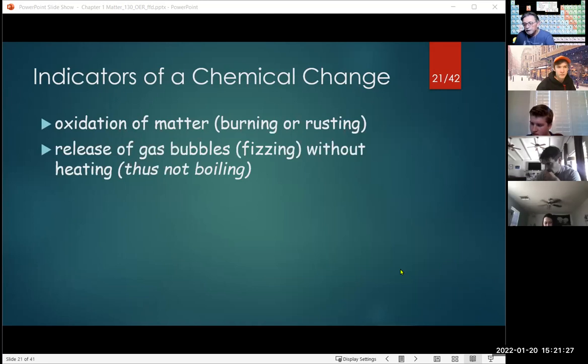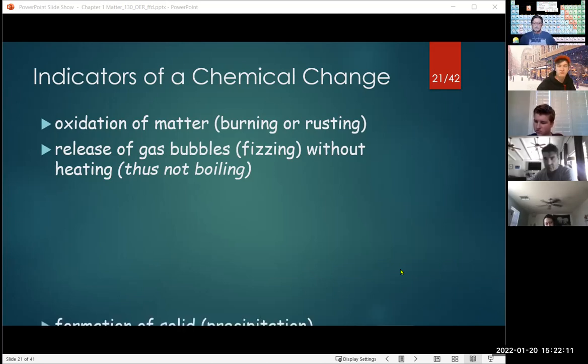Okay. Occasionally, you may see release of bubbles. If you're doing a lab, you put two reactants together, and there's not a lot of heat being given off, but there's bubbling going on, and that's a good indication that a chemical change has occurred. A good example would be Alka-Seltzer. If you take Alka-Seltzer and dump it in the water, you get boiling going on. Well, if you look at the ingredients, you've got a little bit of citric acid and a bicarb. So the bicarb and the citric acid in solution react with each other, forming a little bubbling action, and that's a chemical process, okay?